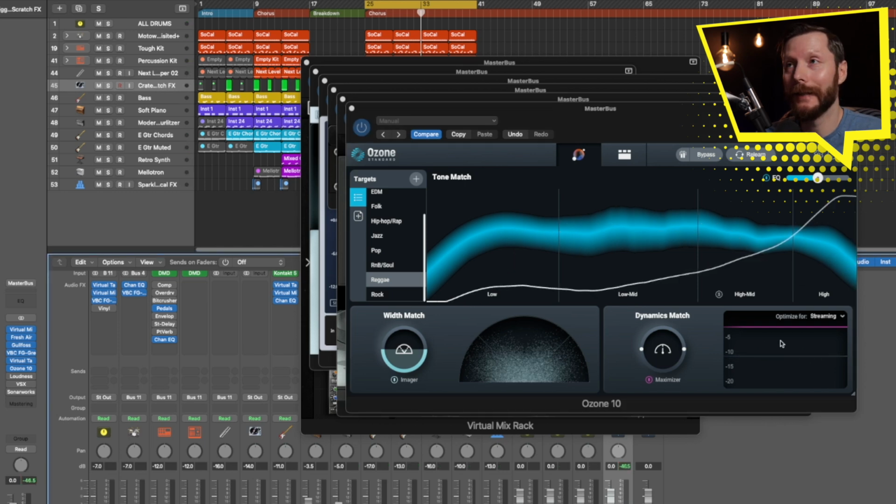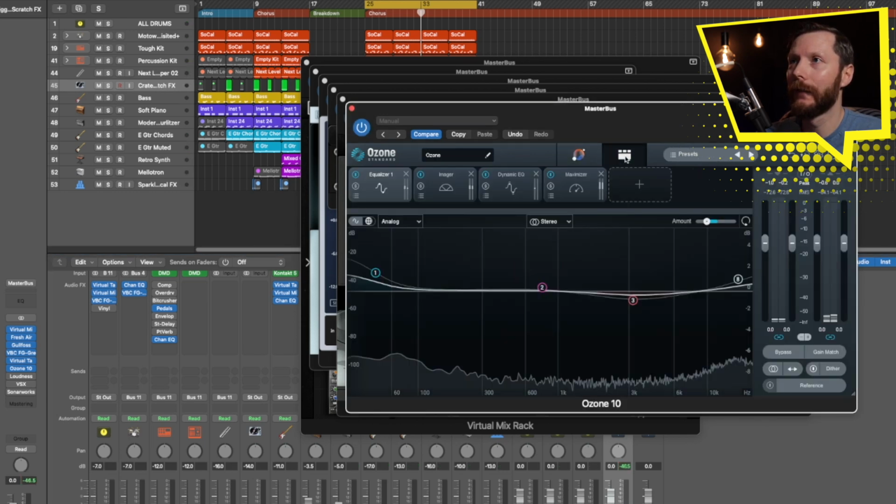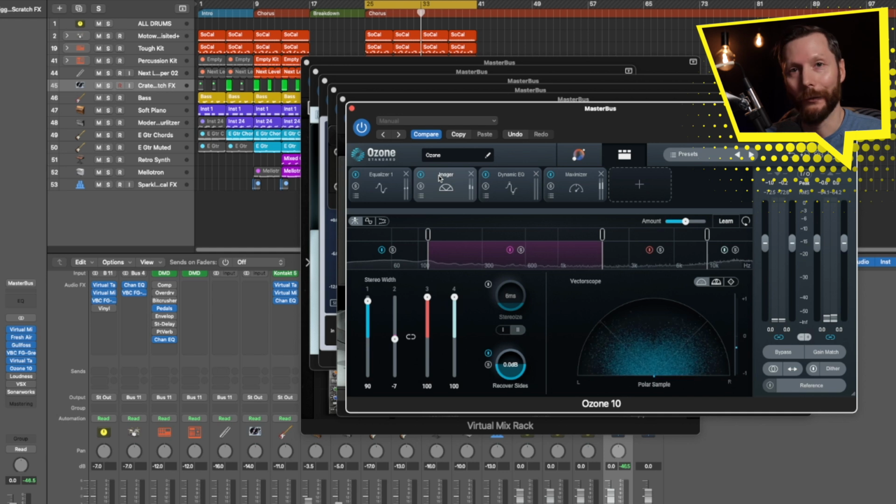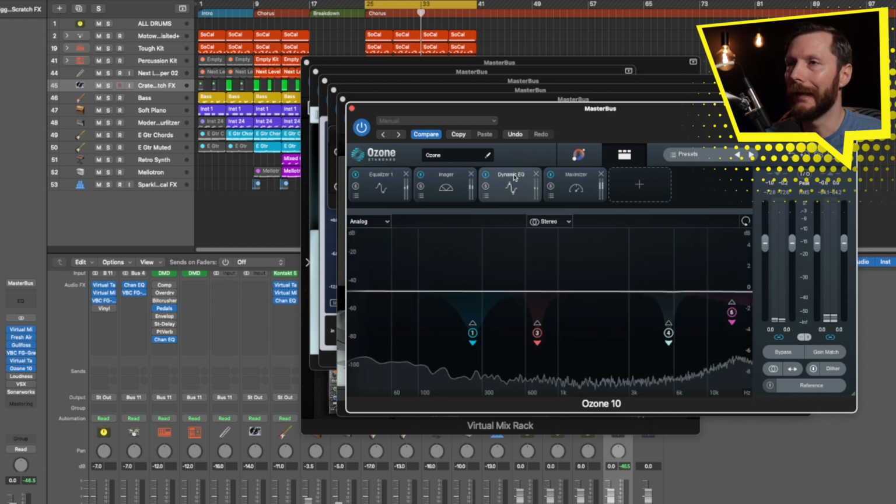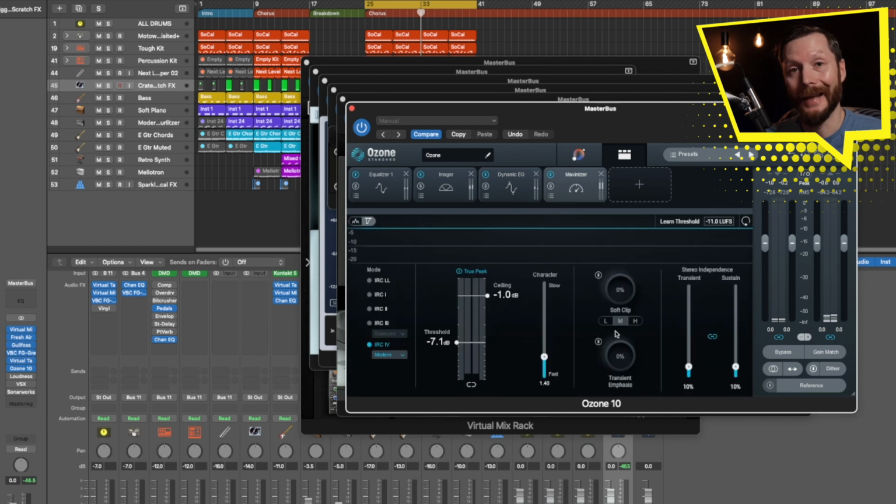Okay, so now that it's analyzed that, I'll just click up here, and then I can see exactly what it did in here. So it did a little bit of EQ, boosting a little bit of the low end, and a little bit of a dip in the high mids here, and then a little bit of a boost in the top end. It also added an imager here, to create a bit more width in the track. And then a dynamic EQ in a few spots. And lastly, the maximizer. So this is where the volume is going to come in, and that's what's making our